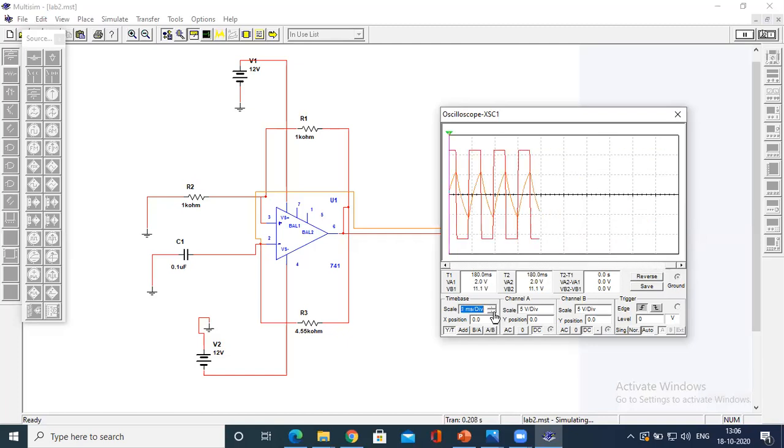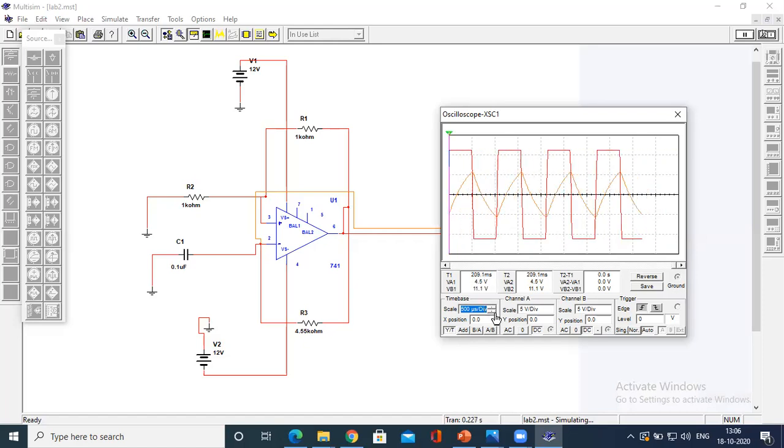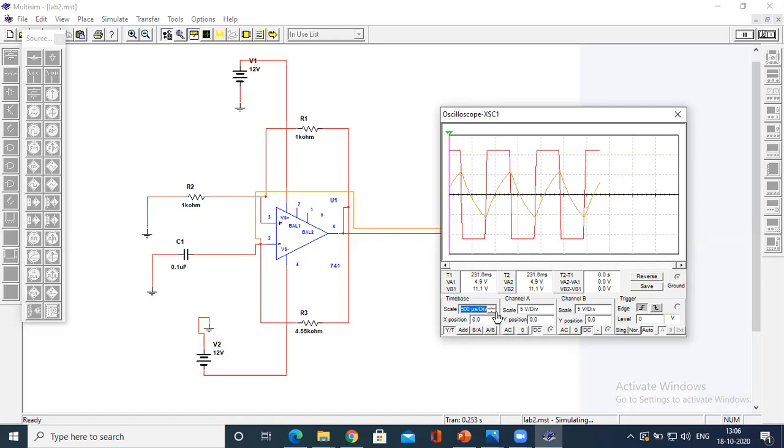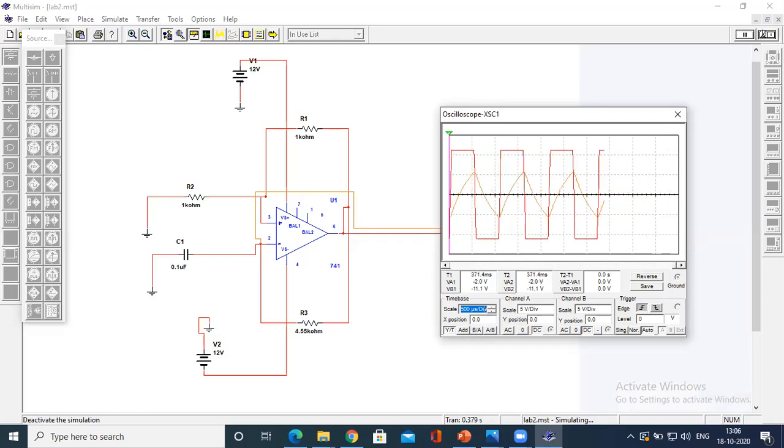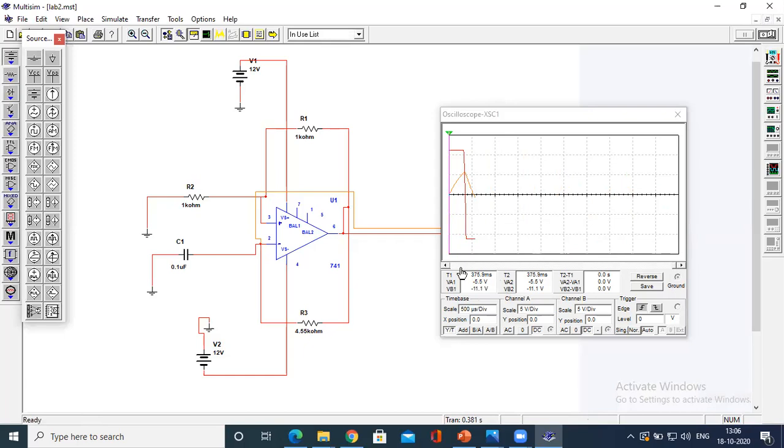See, I made it 500 seconds per division. Now you could see the simulation, an excellent waveform that you could see on the oscilloscope. Now you could stop it, right? You could move over here.